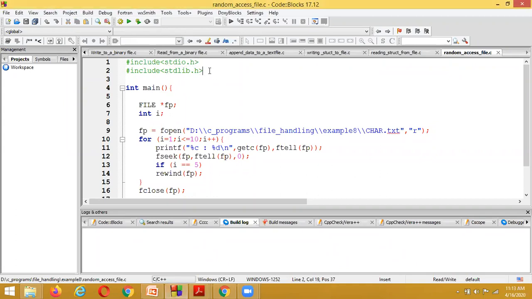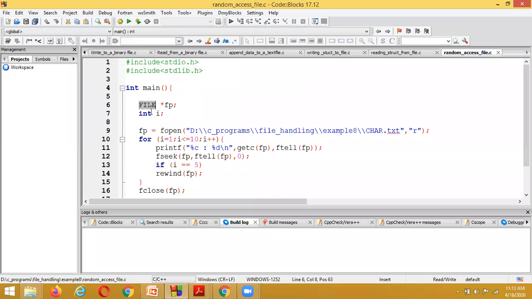And what is the one more header file we need to include in every file handling program? stdlib.h. In the last class itself, we discussed which header files are needed for supporting file handling. What are the two header files we need to remember? stdio.h, and the one more header file, stdlib.h.